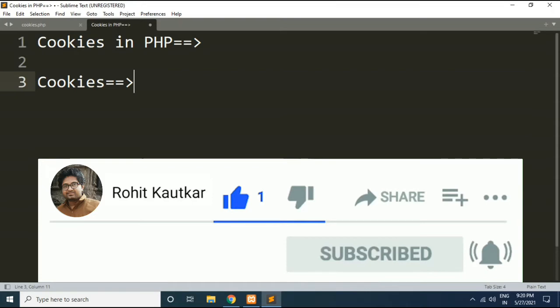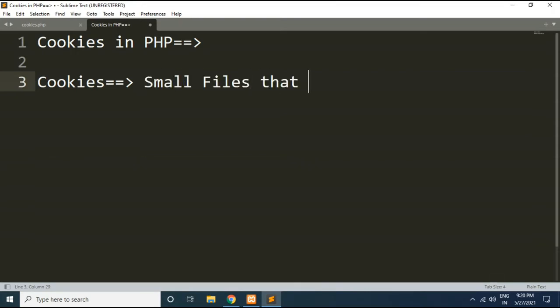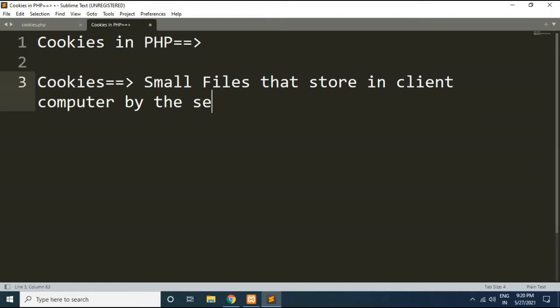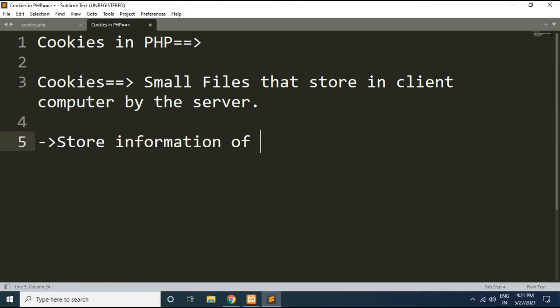So friends, cookies are small files that are stored on the client computer by the server. Cookies are used for storing information of a web page on the client computer.